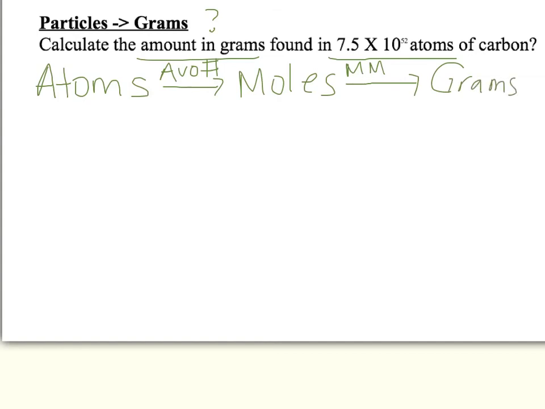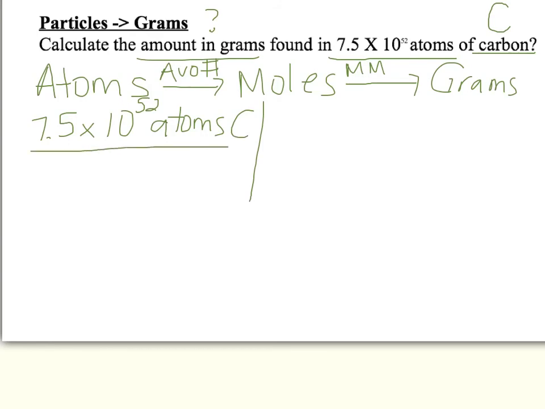So we're going to start our chart. 7.5 times 10 to the 52 atoms of carbon. Now carbon, whenever you see this element by itself, that is not diatomic. That is just one carbon atom. So we're just going to write a capital C for carbon. Start your chart. Okay, so we start out with atoms,